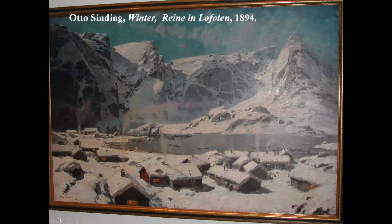Even they managed to produce a well-known artist at the end of the 19th century. This is Otto Sinding. But just look, just to remind you of the mountainous geographical difference, and the climate, obviously far colder in the north. We may be moaning about the cold at the moment, but I promise you above the Arctic Circle, you're dealing